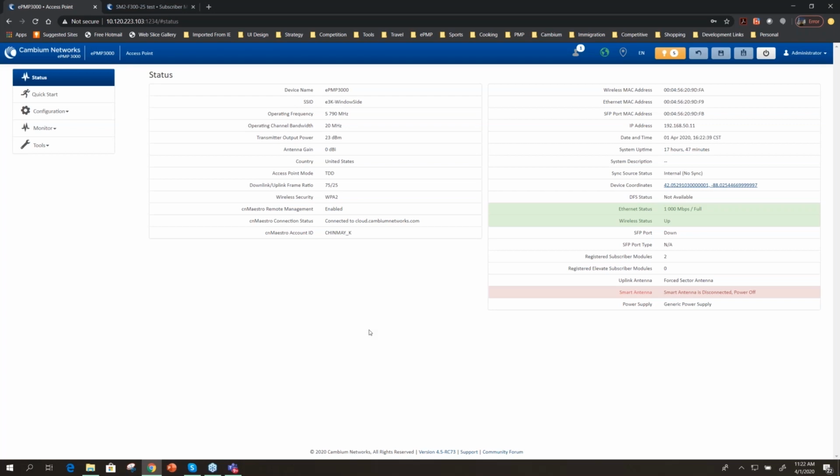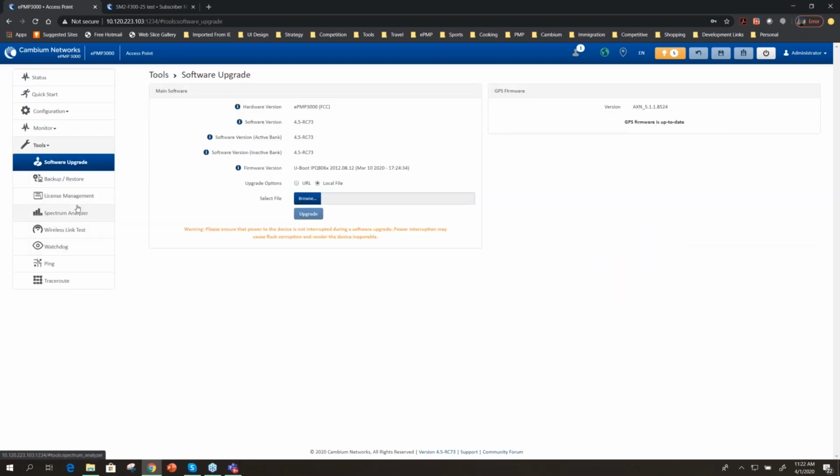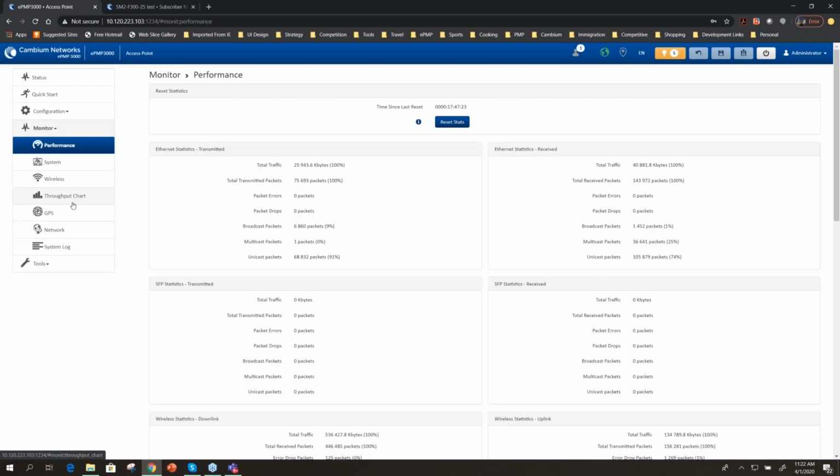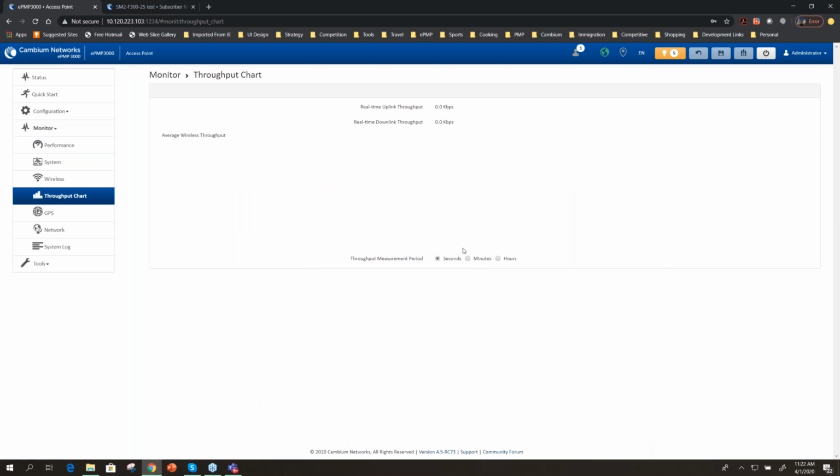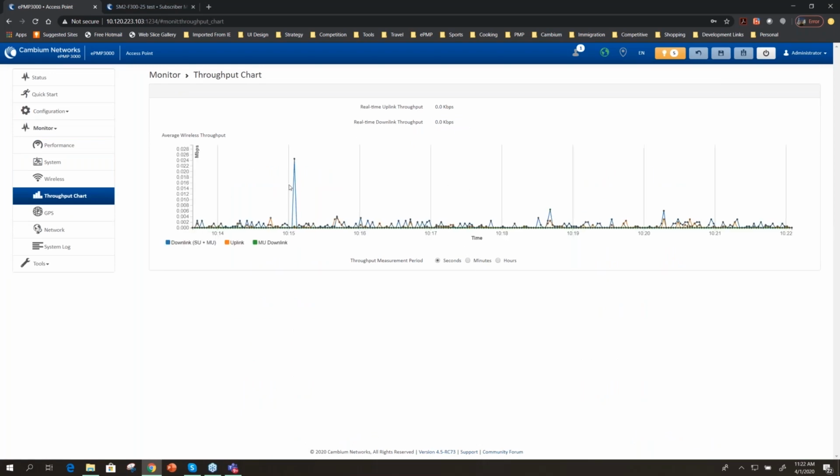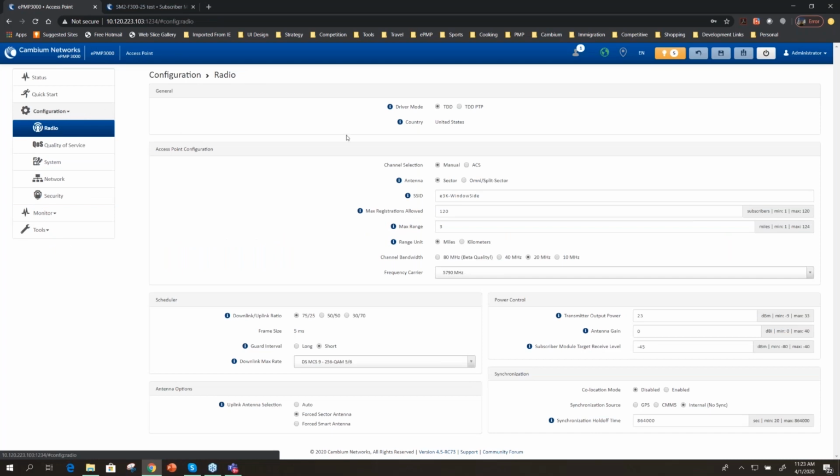Once you've upgraded and you're running the network, obviously you can see things like on your monitor throughput chart, you'll be able to see performance numbers, which this is obviously a lab system, but this is where we're seeing things picking up. Things that we strongly recommend: you can run your ACS, automatic channel selection, starting in 4.5 release that will let you pick the channel, but keeping an eye on the interference levels on the channel is super important.